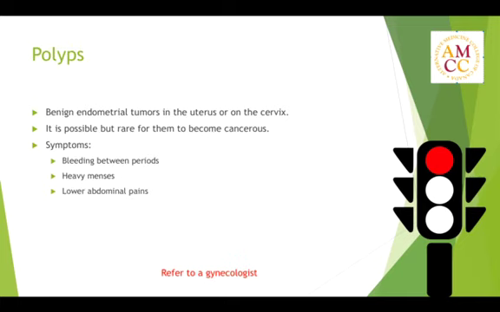Polyps are also, generally, benign tumors, but they're in the endometrial layer, and they can be either in the uterus or on the cervix, which is the opening of the uterus. They can become cancerous, although it is generally rare, and it takes many, many years for most people. Again, we're looking at symptoms that are similar to those of fibroids, with a lot of bleeding between periods, sometimes bleeding after intercourse if the polyp is located on the cervix,